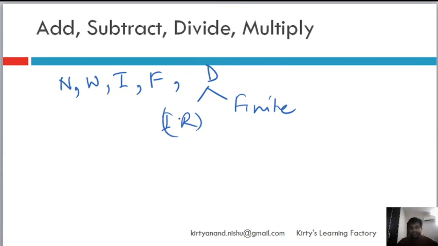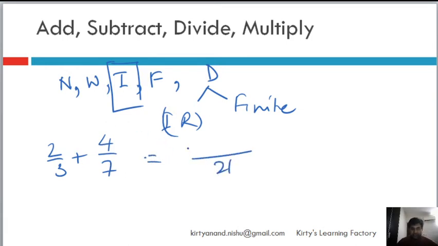So for negative values, we basically will follow the principle of integers, addition, subtraction. So let's start with two positive rational numbers, 2 by 3 plus 2 by 3, right? Or let me take another one, so let me take 2 by 3 plus 4 by 7. Okay, happens to be my favorite. So what do I get?